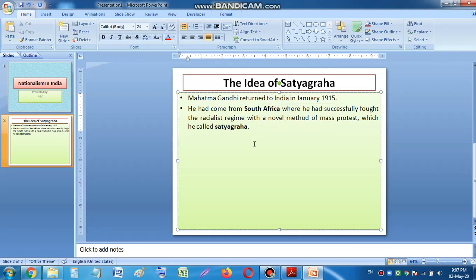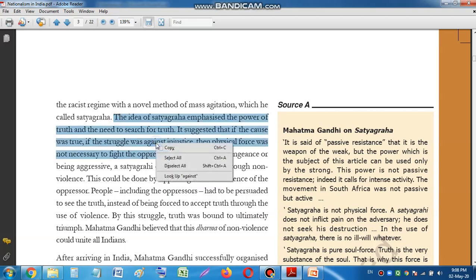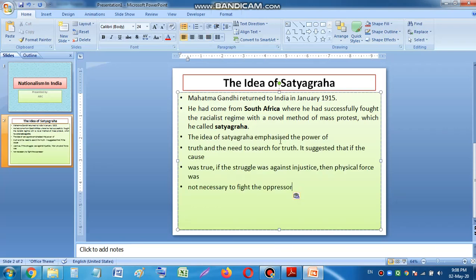Right now it is not powerful, because if I want to add some images, we have to make it powerful, so now let's work together to make it more attractive. Okay, I'm copying a few more sentences over here. Suppose you want a paragraph, right click and then copy. Please keep patience, because it takes a little time to make a powerful presentation. I pasted with right click and paste, or you can press Ctrl V also.